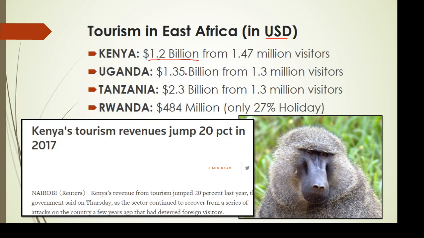So these numbers are probably closer to what people are doing to come and visit as a tourist, and this number is people that are coming to visit to do business as well as being a tourist. And you can see here by this headline that their revenue is going up and up and up. Of course, not right at the moment, right? I know we're all in the midst of something crazy right at the moment, but Kenya is building an economy around wildlife tourism instead of wildlife trophy hunting.